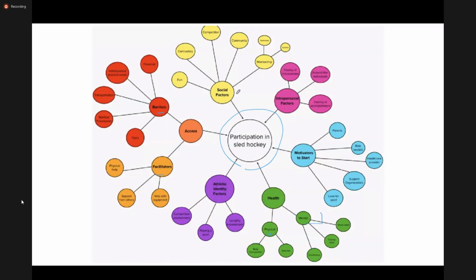Then identified under that, it's determined by social factors, intrapersonal factors, motivators to start, athletic identity factors, and access related factors. And then under that, there are again sub-themes. There are barriers to access, facilitators to access. And then the codes under that.